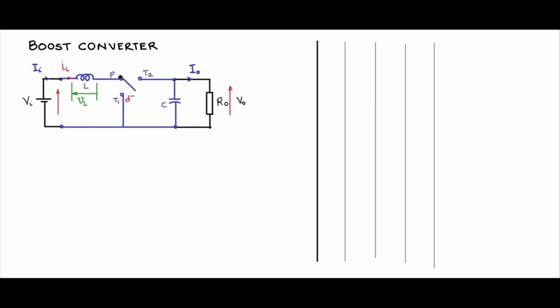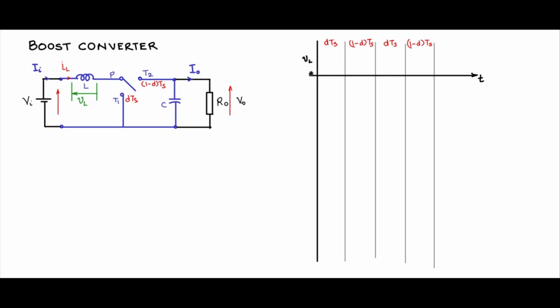Now let us say that PT1 is going to be on during DTS period and PT2 is going to be connected during 1 minus DTS period. So let me mark these time periods here on the graph, DTS and 1 minus DTS. DTS and 1 minus DTS together form a switching period TS. So let us plot first